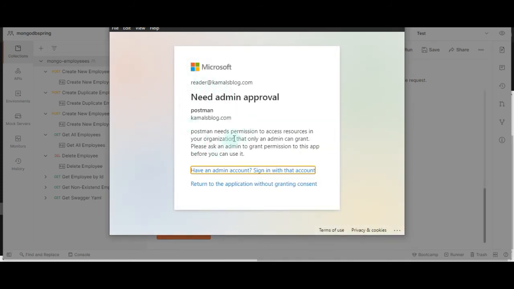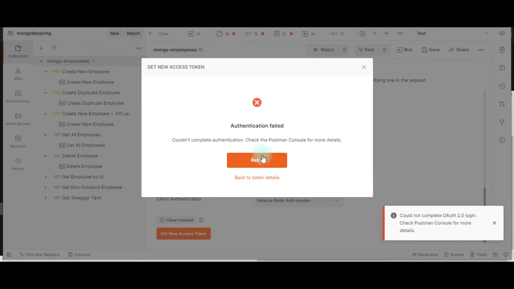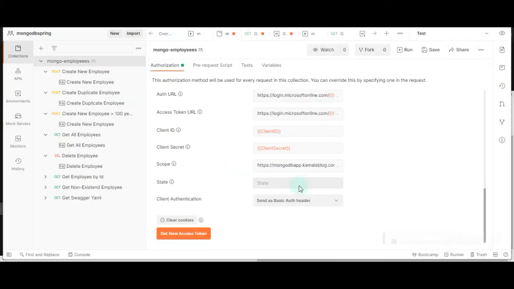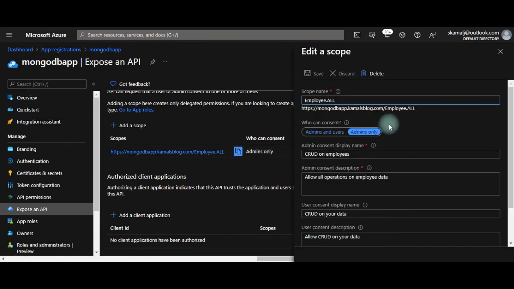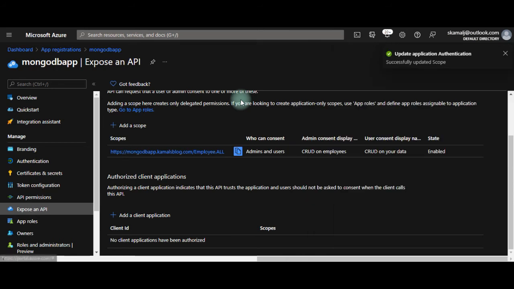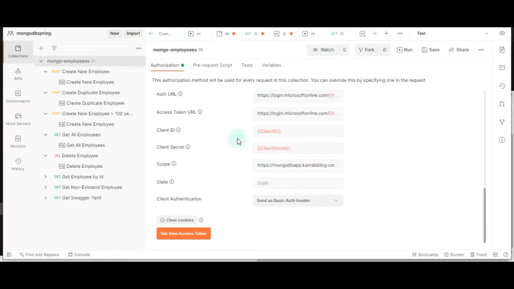Now this says that this needs an admin approval, right? So let's say we don't want to grant this, let the admin do it. And we go here and we see that this is an admin-only grant, right? So a user cannot approve this. So we can update this, and let's say admin and users. All right, so now if we go back to our application and ask for a token,